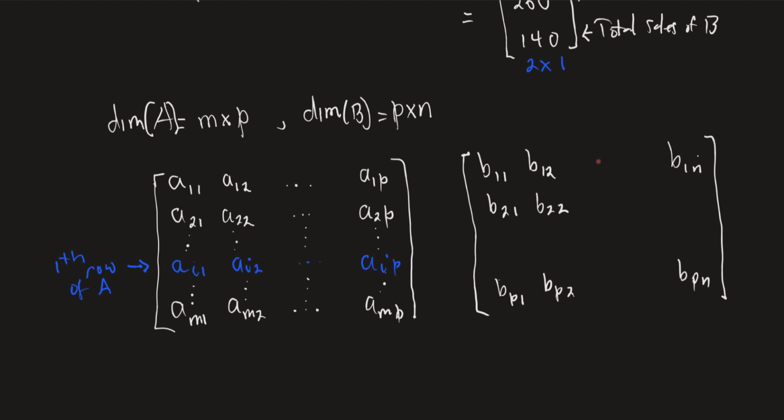So for instance, this would be B1J and then B2J and then dot dot dot BPJ, right? And you have your dots there. So this is the jth column